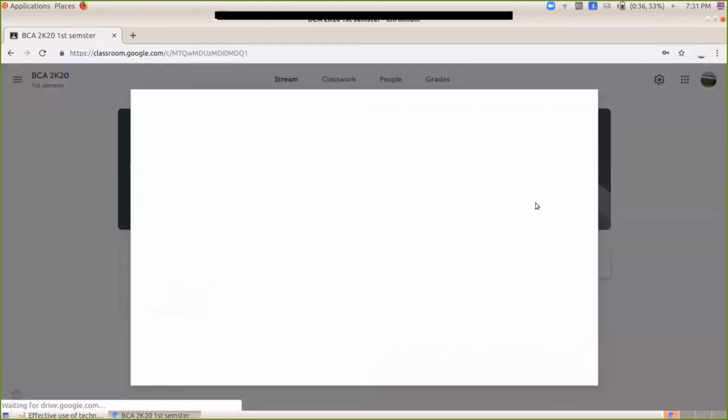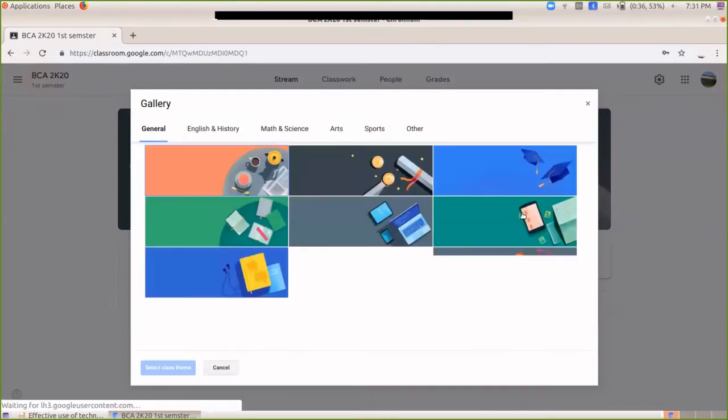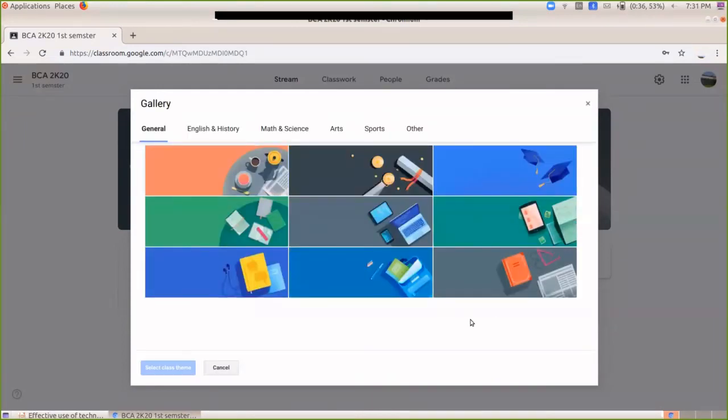Let's say select theme. If I select theme, there are plenty of themes available in this option. This is under the category of general. We have many other categories as well: English and history, maths and science, arts, sports, and other. So there are many categories of gallery. You can select according to your